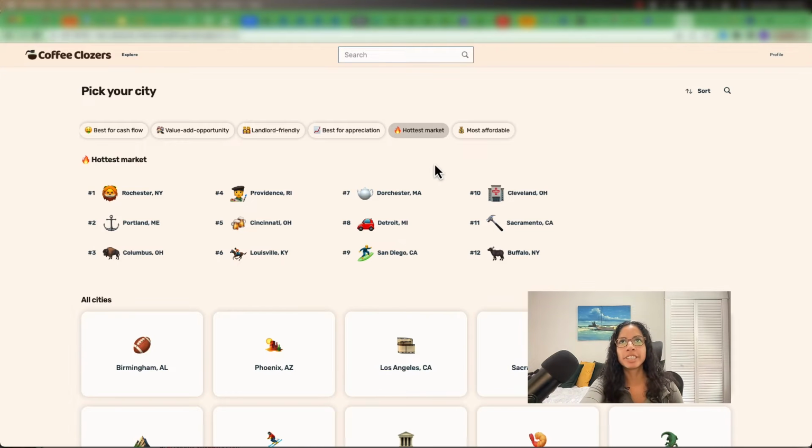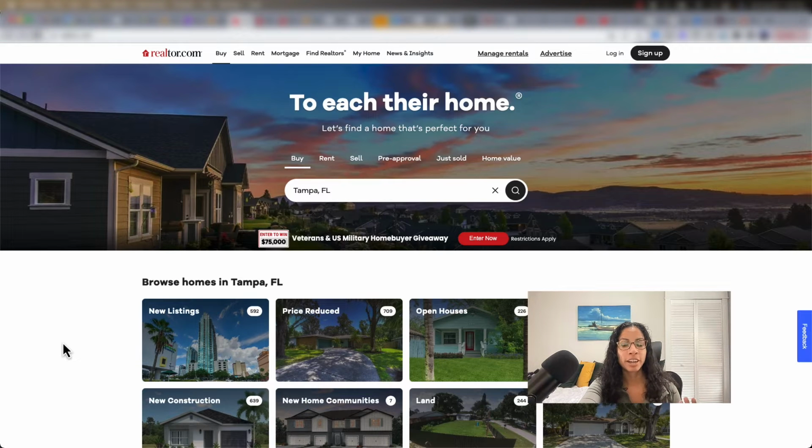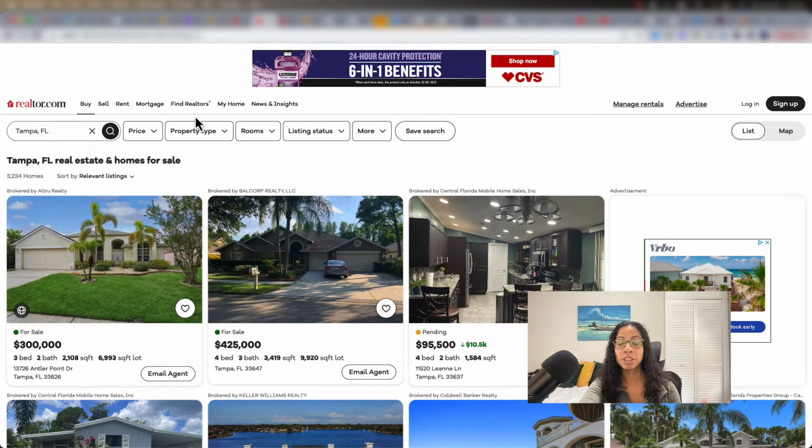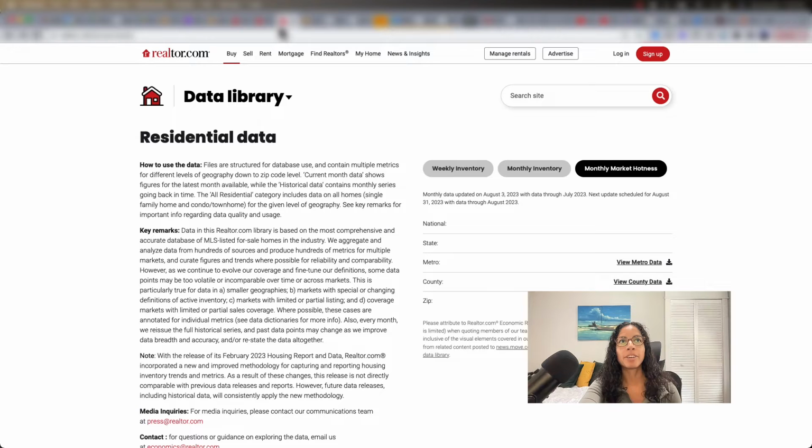Well, there's free data available via Realtor. You may know Realtor.com as that public website that allows you to view on-market properties. For example, here I'm looking on Realtor.com, looking at on-market properties for Tampa, Florida. Now, if I wanted to actually retrieve data from Realtor, they provide this for free in their data library, not at the property details level, but at the market statistics level. We could see information on inventory,